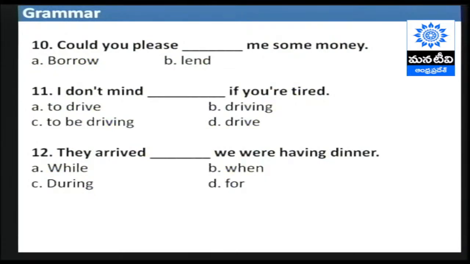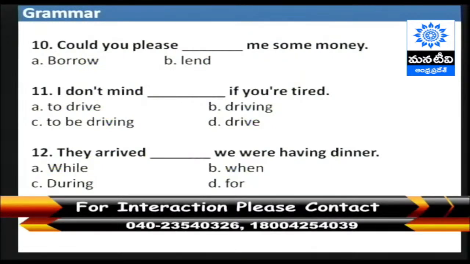So option B. They arrived dash we were having dinner. They arrived while we were having dinner, when we were having dinner, during we were having dinner, for we were having dinner. So number 12, think what is the correct answer, and meanwhile you will see the number flash on your screen,